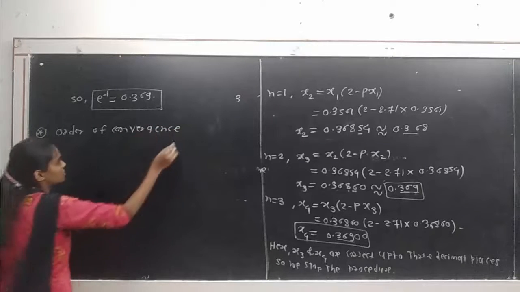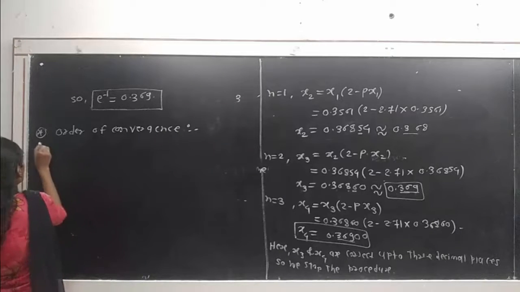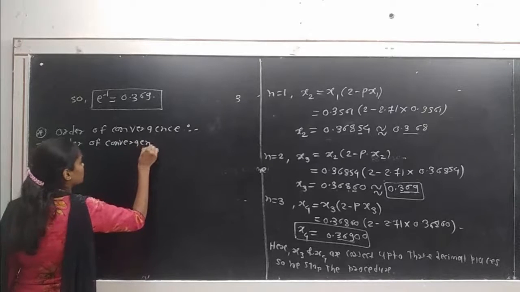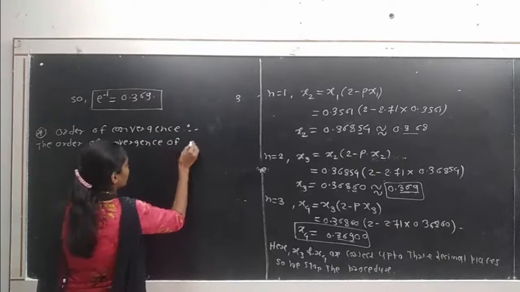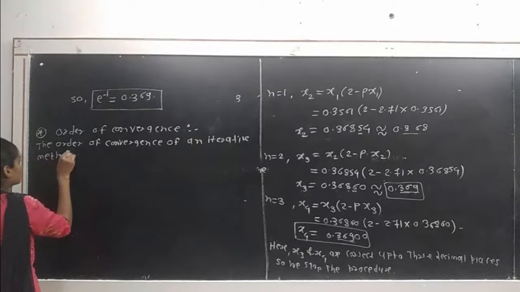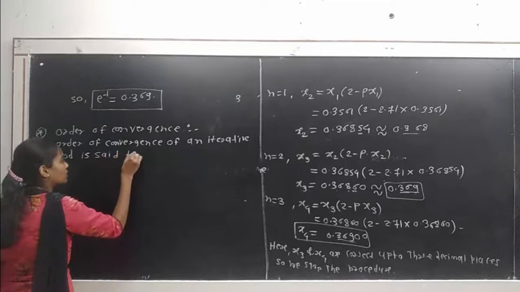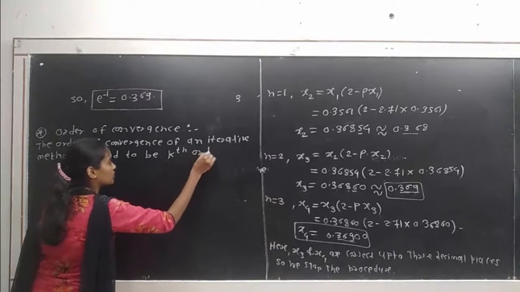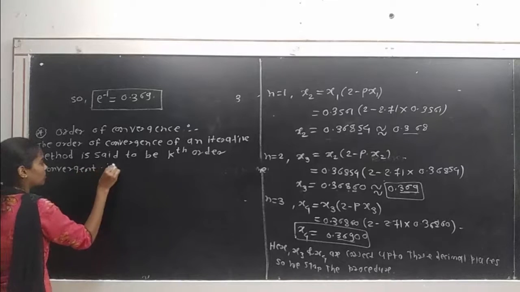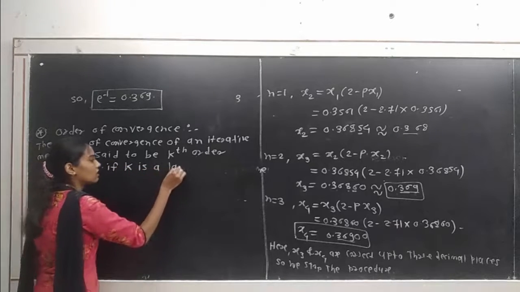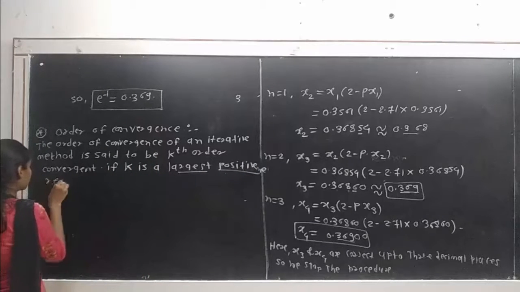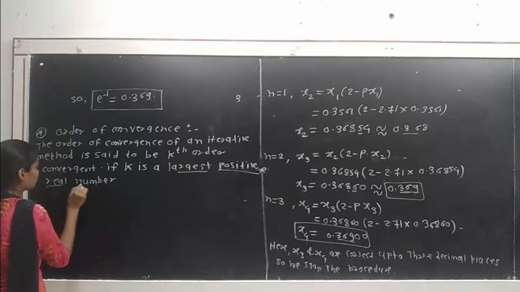The order of convergence of an iterative method is said to be kth order convergent if k is the largest positive real number such that